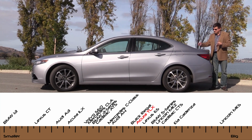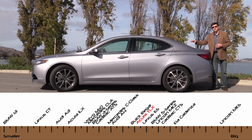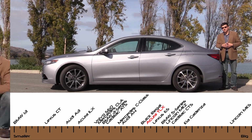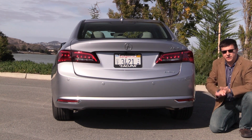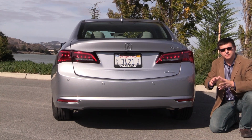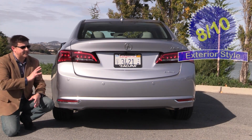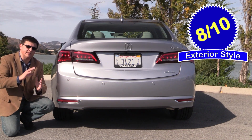Now, right back here, even though the TLX looks like it has a very short trunk lid, we actually have a trunk that's larger than you'll find in your average compact luxury car. Out back, we have hidden exhaust tips right back here, even on the 3.5-liter super handling all-wheel drive model, and we have these slightly smoked tail lamps. These look very attractive, especially on darker paint colors. Overall, the design language of the TLX is sedate, attractive, definitely conservative, more conservative than some of those other entries